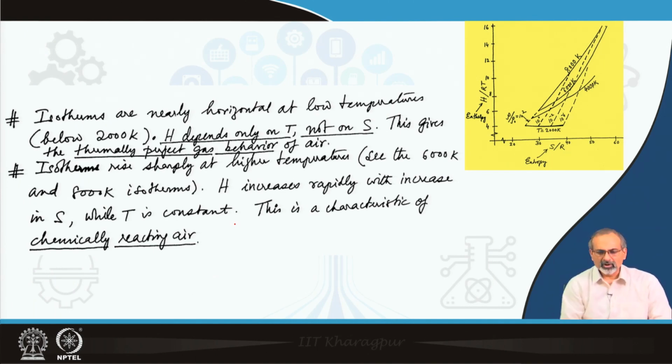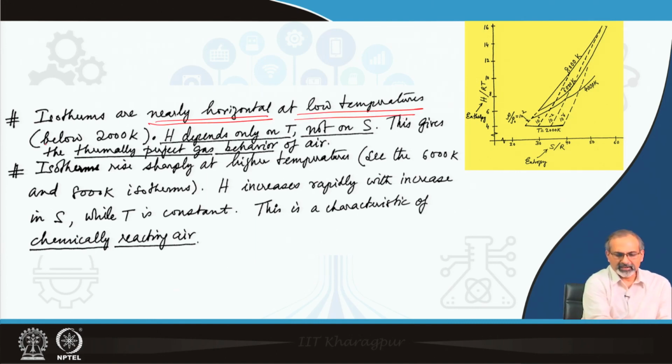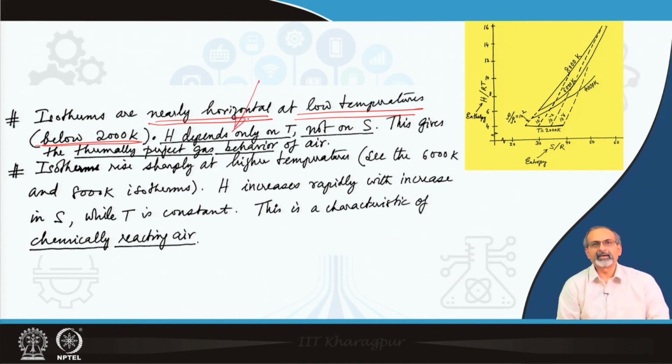Isotherms are nearly horizontal at low temperatures. So, if you are below 2000 Kelvin, you will basically see them as horizontal lines, and under such conditions H depends only on T, it has no dependence on S basically. As you move along the S axis, you do not see a change in H for a given T. This gives a thermally perfect behavior of air, and when you go to higher temperatures, especially beyond 2000, and gradually